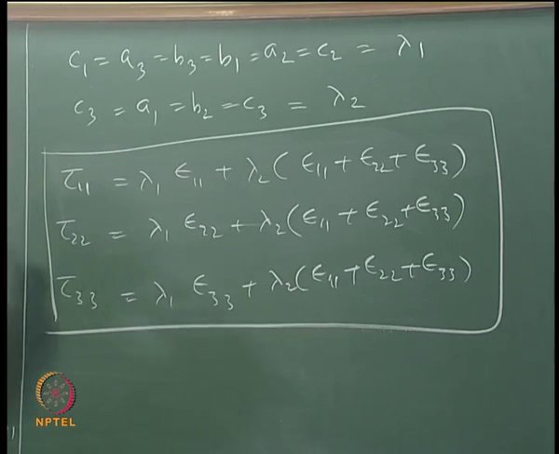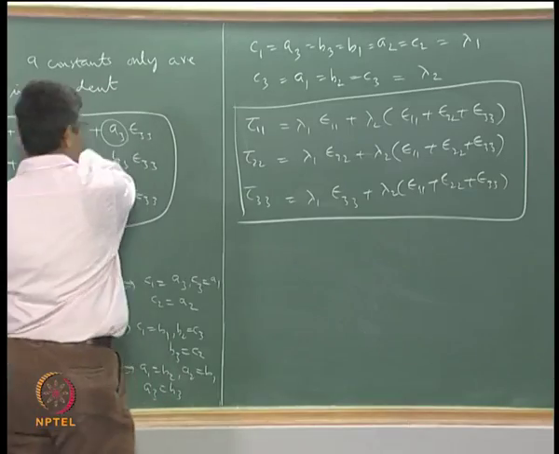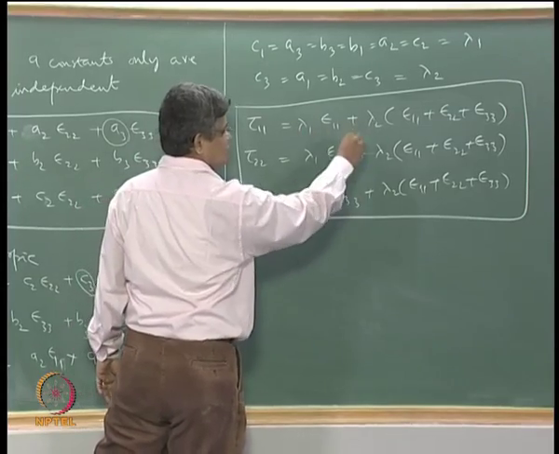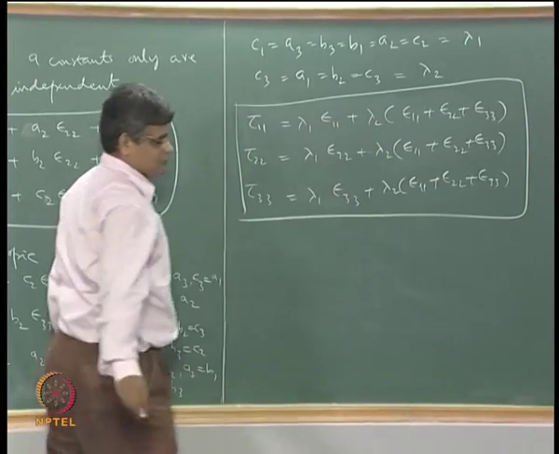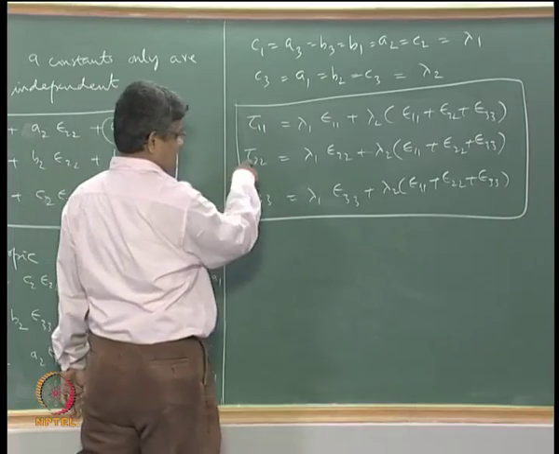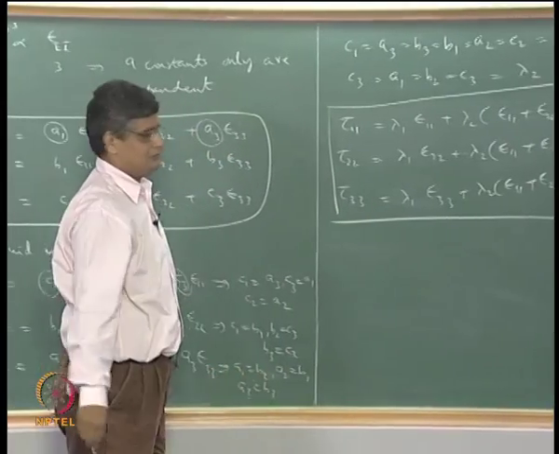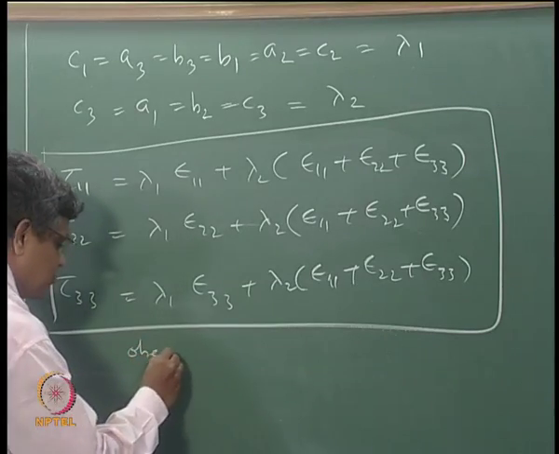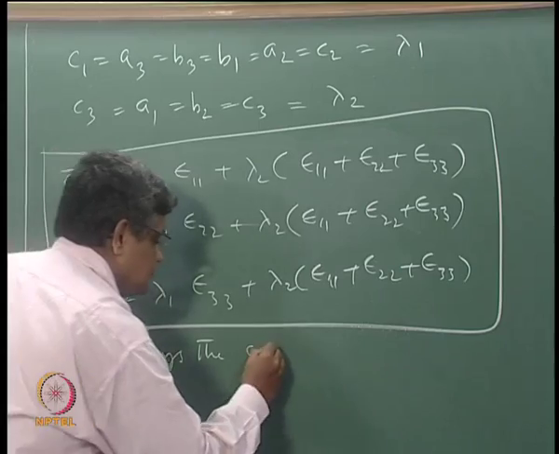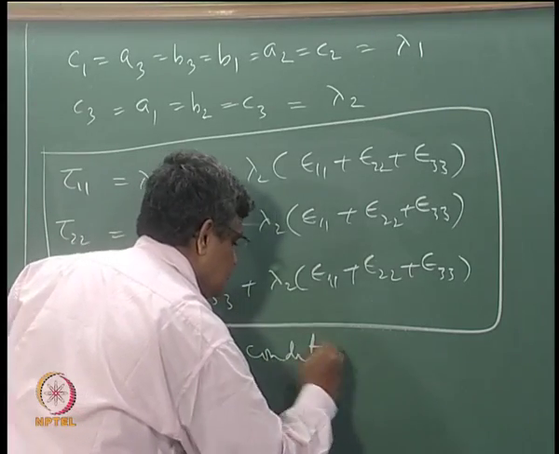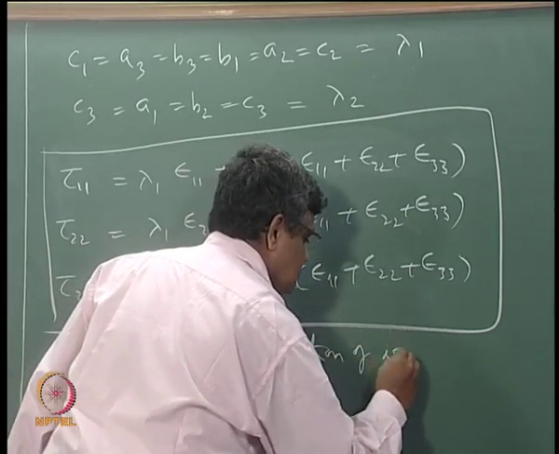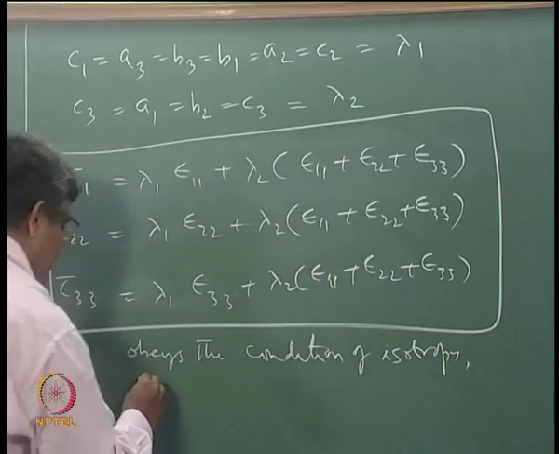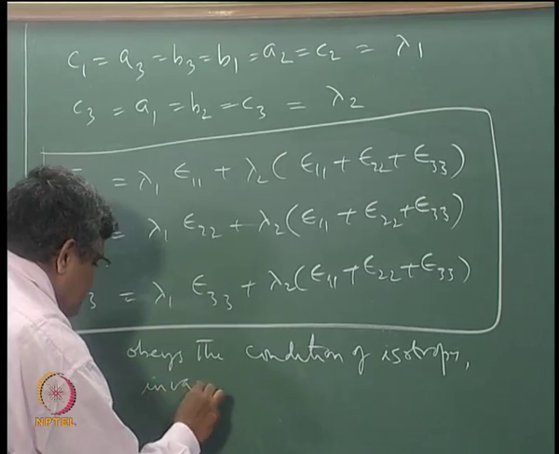So in that sense this is a reformulation of this in the form of 2 independent constants lambda 1 and lambda 2, which obeys the condition of isotropy, and invariance to coordinate transformation,